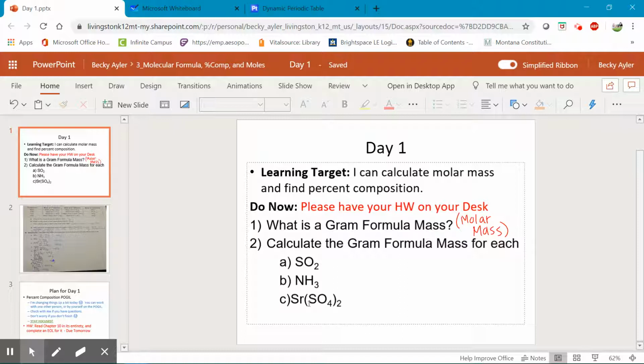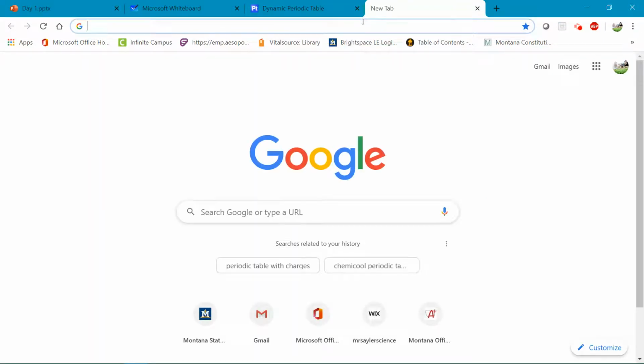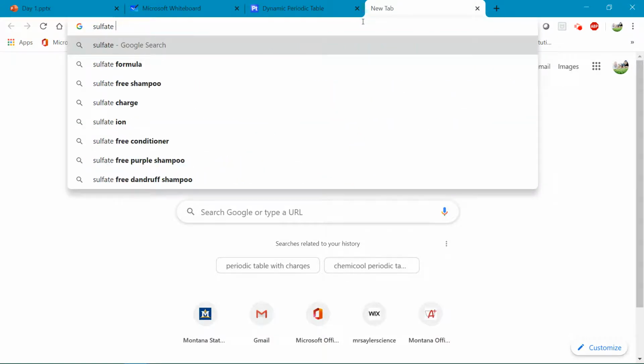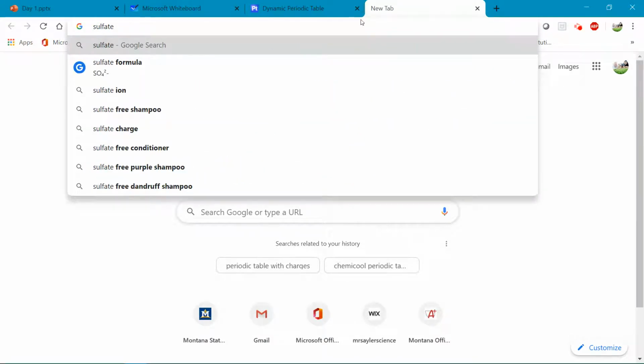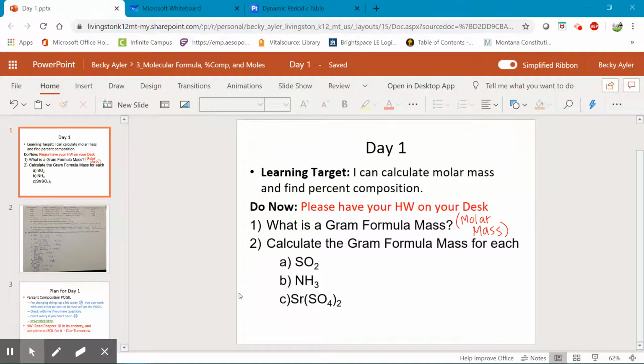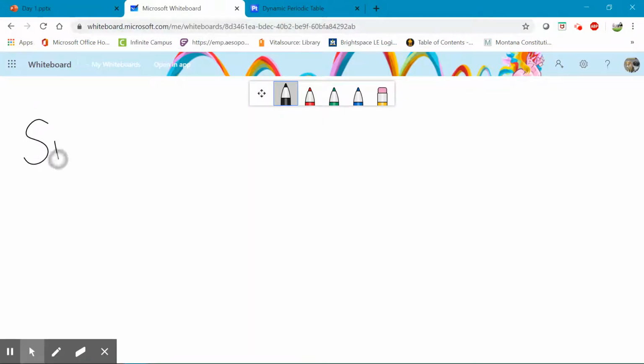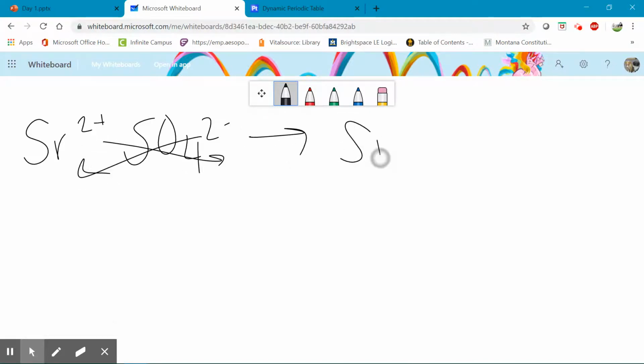So that I feel like is improper. If I remember correctly, that sulfate has an SO4 2 minus. Yeah, it is SO4 2 minus. So that is actually miswritten. And so it'd just be SrSO4. And so if we rewrite it that way, Sr, because it had the 2 plus, and then SO4 2 minus, when you crisscross and cancel, that ends up being just SrSO4, if we remember how to do that for